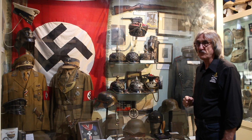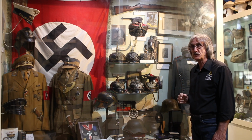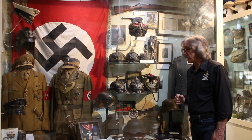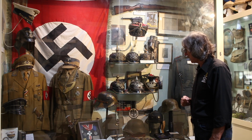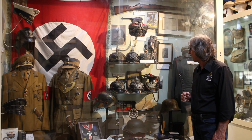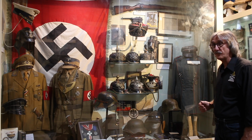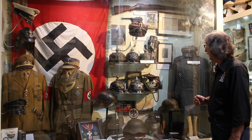The Germans made only 4,000 for their allies, the Ottomans. The Ottomans are Muslim Turks, so they pray 5 times a day. The removal of the brow makes it easier for them to put their head on the dirt and not take their helmet off. Other interesting things in here are this particular uniform was a complete aviator's uniform,